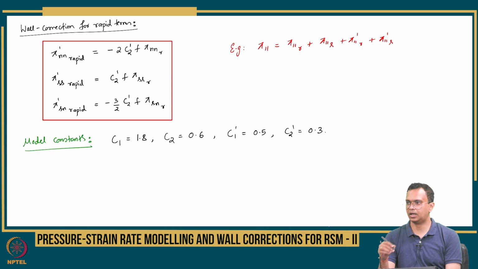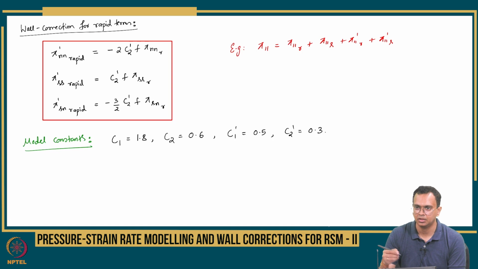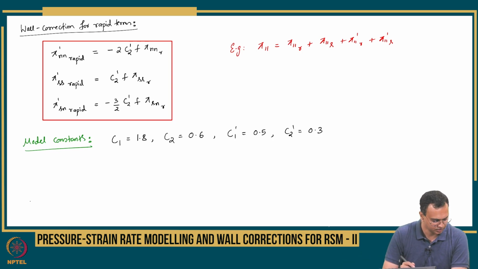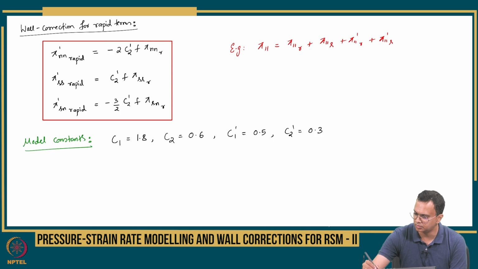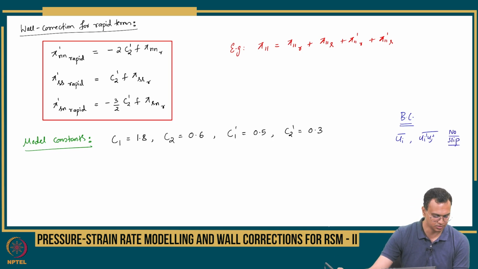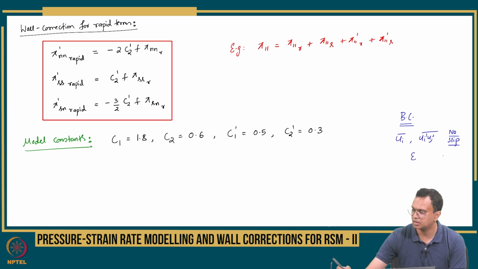Boundary condition here, when we have this wall correction or resolving the wall flow, is straightforward, right. Boundary condition is you are implementing the no slip for your velocities, dissipation rate like before you have options, epsilon you know how to implement boundary condition, and you have Reynolds stresses which have to go to 0 on the wall. So it is straightforward here, the boundary condition, okay. So the boundary conditions, if you can take a note here if you want: no slip here, right, no slip condition for the stresses, and epsilon you have options